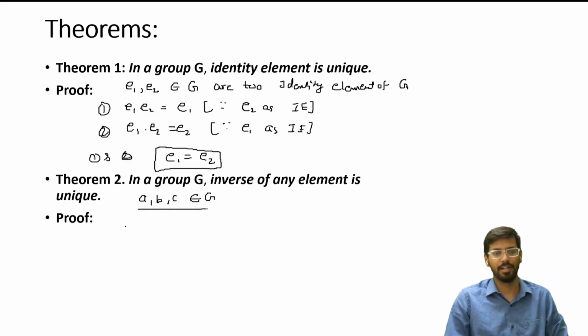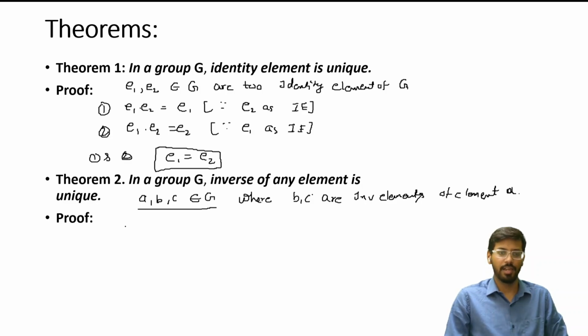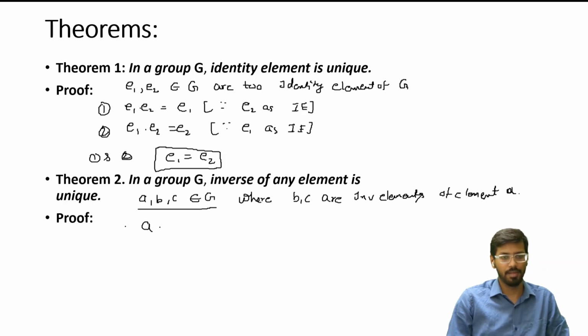अगर हम A, B, C तीन एलिमेंट लेते हैं किसी ग्रुप G के, where B and C are inverse elements of element A. Okay, अगर B और C किसी एलिमेंट A के दो अलग अलग इनवर्स हैं, then we can write A binary operation B should be equal to identity element E should be equal to B, or we can take this as multiplicative operation. ओके, तो अगर A और B को हम ऑपरेट करते हैं, A dot B should be equal to B dot